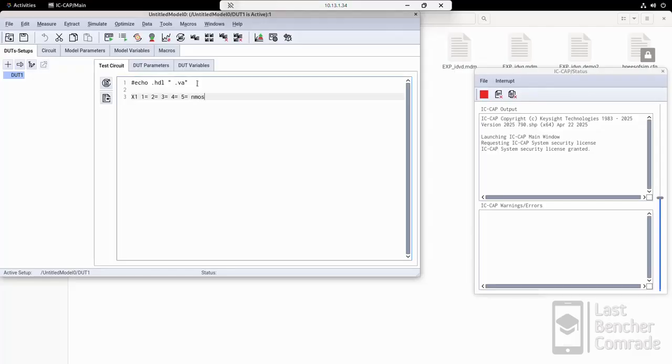So I specify the name NMOS here, dot model, NMOS, module name. This will be followed by the parameters. So W, L, and so on. So now we'll see